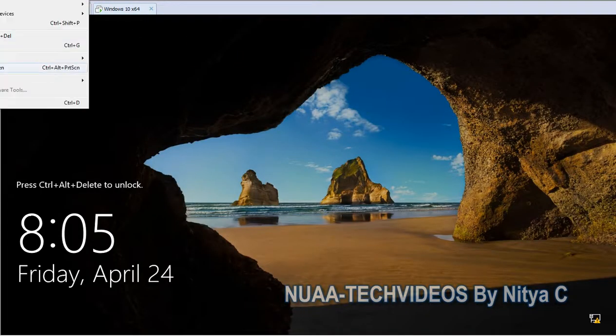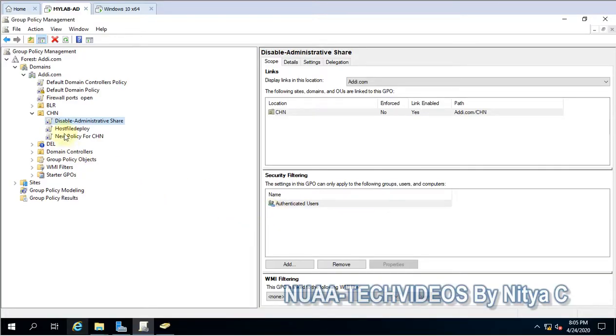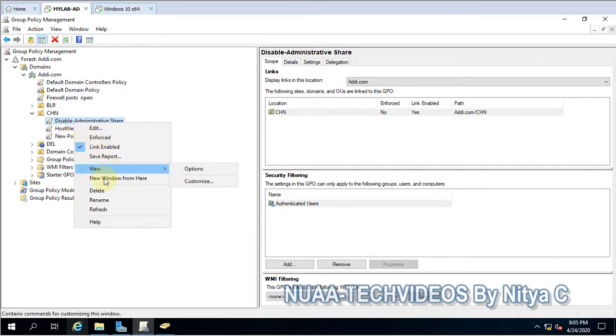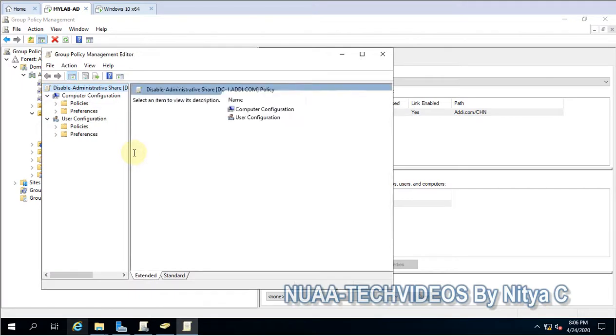So let's go back to the server. This is my server, adi.com, and in this one itself we will modify the policy. You can make it user or computer based policy. There is no issue, this is up to you.